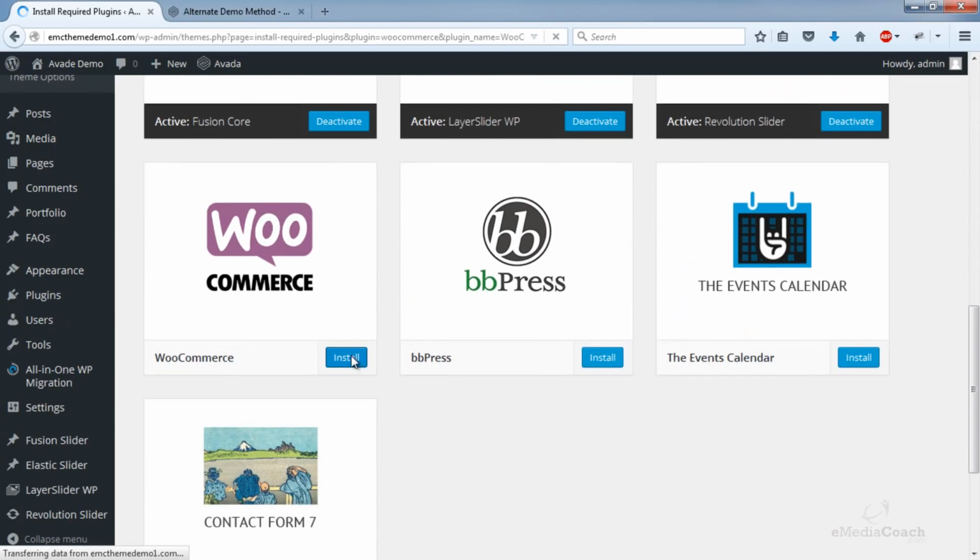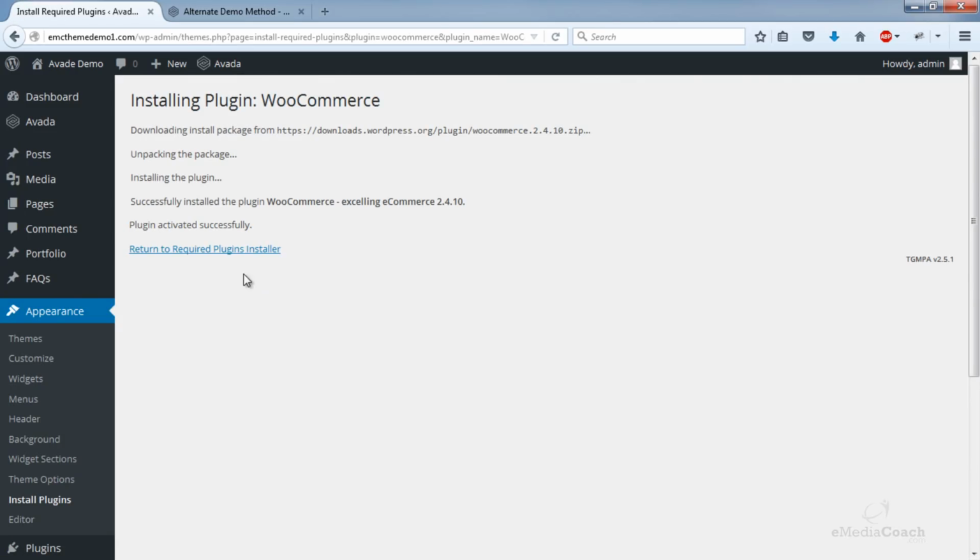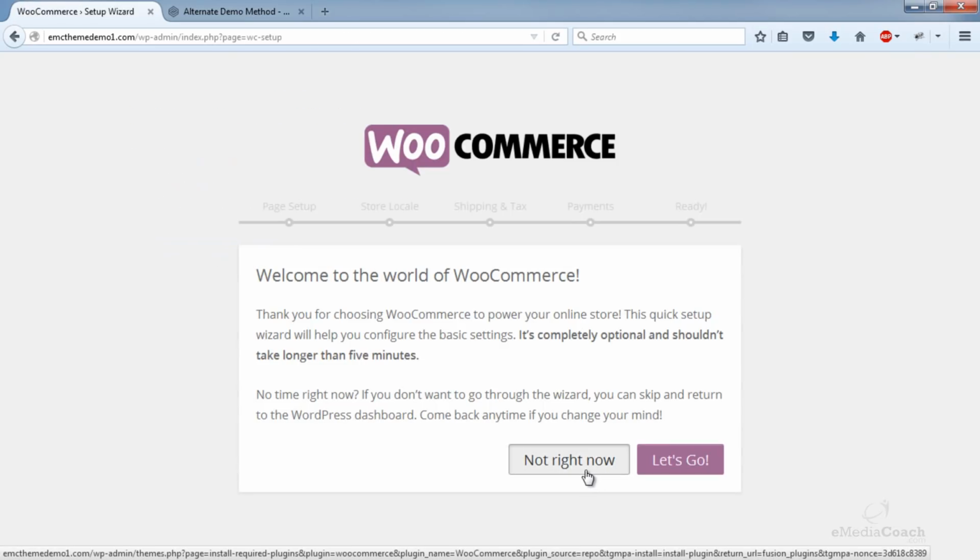Now you may not need all of these plugins, but we just need to install them to be able to import the demo content, which is going to make it very easy for us to set up our WordPress website.